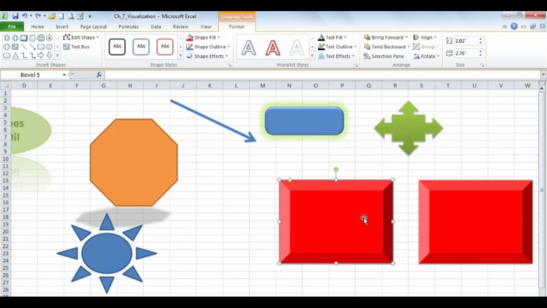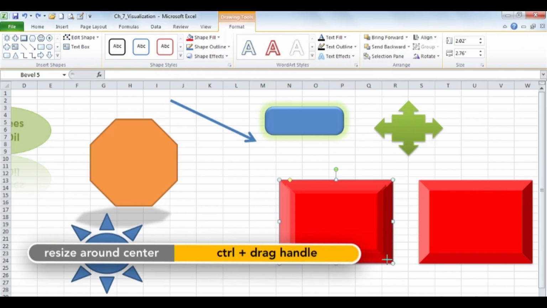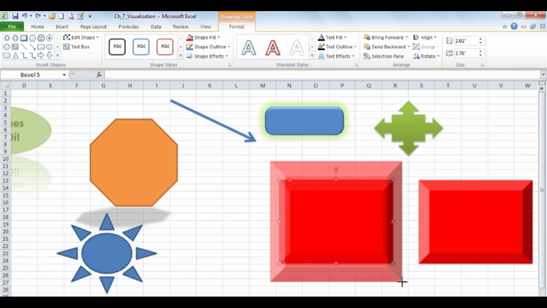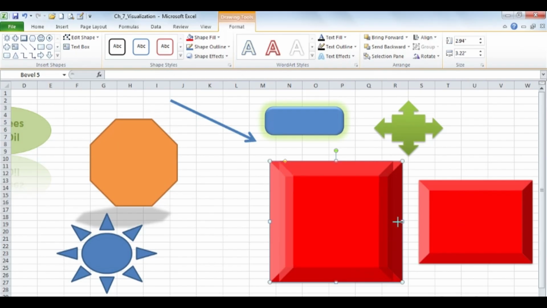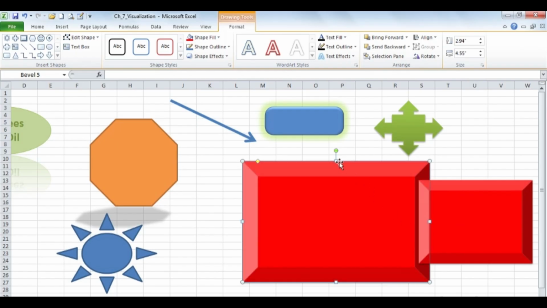If we'd like to make this shape larger or smaller around the same center, we want to drag any of the corners with the Control key to do this. Larger, smaller, same center. If we want to make it wider or narrower around the same center, we're going to drag either handle on the left or right side, holding down the Control key, larger, smaller this way, or above,